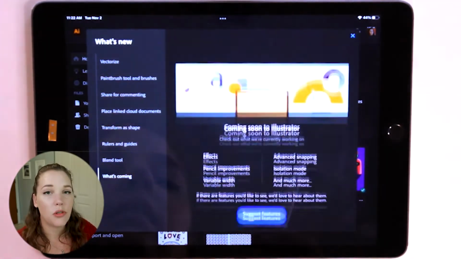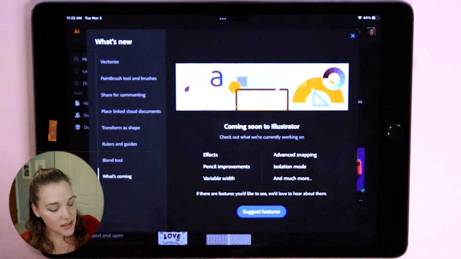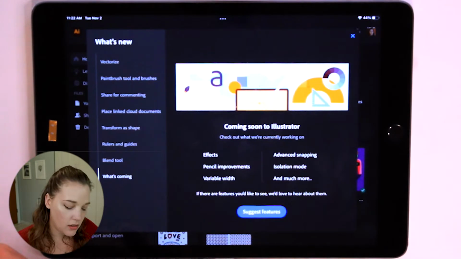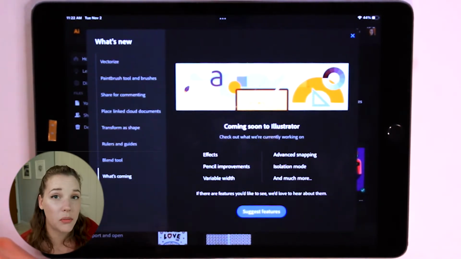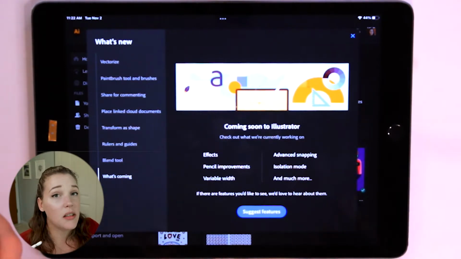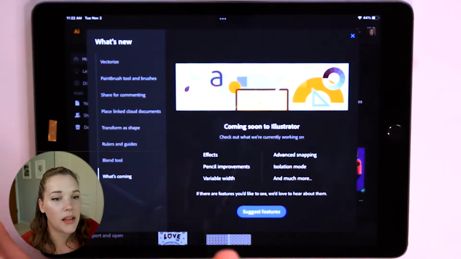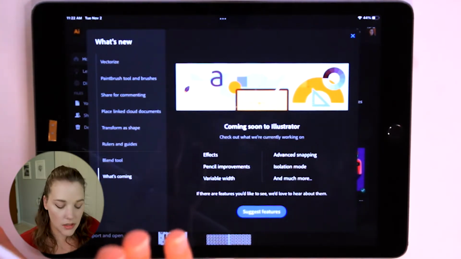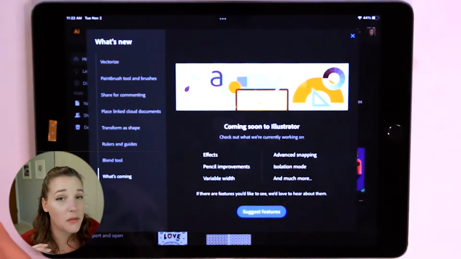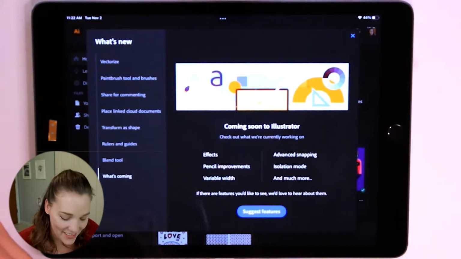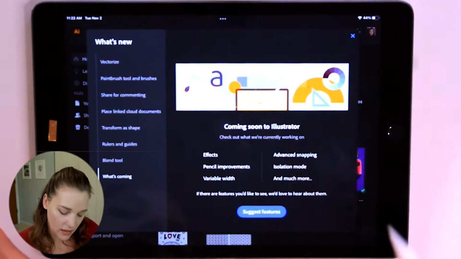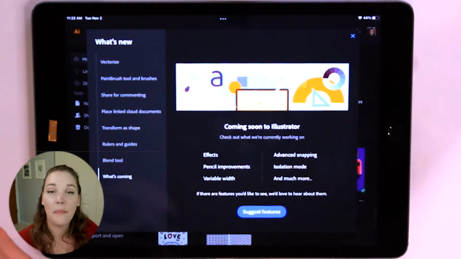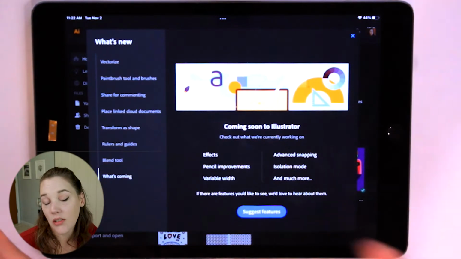They always like to drop a little hint about what is coming next. They're going to do work on the pencil, and they're also going to do work with effects, which I'm waiting for with bated breath, because they didn't put effects in Photoshop, and they just have the clipped adjustments in Photoshop, which are your basic photo adjustments. But they also didn't have effects in Illustrator, and I've been waiting for them to come out. There's also going to be a lot more advanced snapping options and isolation mode. Plus, they always like to leave it on a cliffhanger and say that there's going to be more, so we'll